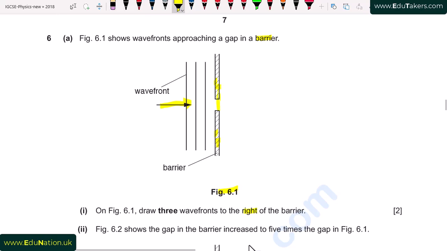So here we can see that the wavefronts are coming from left to right and are incident on the barrier. So which phenomenon occurs here? It is actually diffraction. I write here, it's diffraction. And how does the diffraction occur? First of all, we compare the distance between these two barriers, which I represent with A, with the wavelength. Wavelength is the distance between any two wavefronts. So first of all, I compare both of these. If the wavelength is comparable with the distance between barriers, there will be more diffraction.